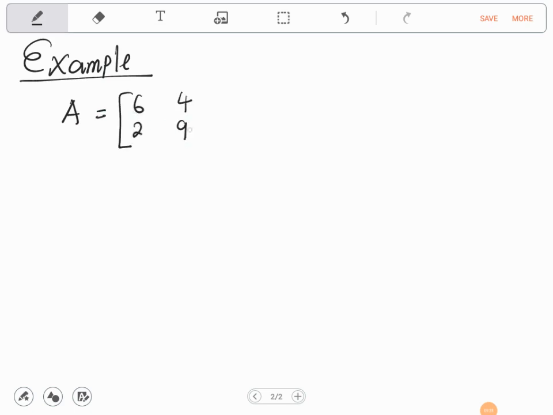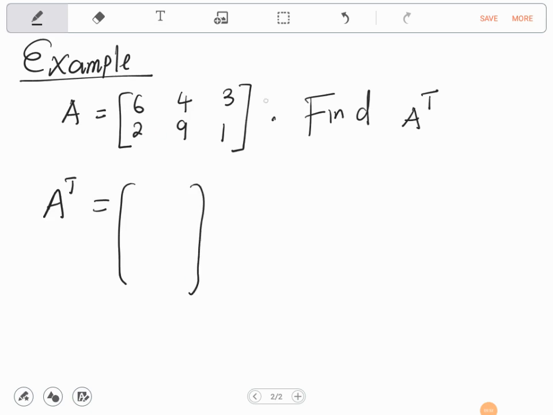Let's look at this example, a practical example. Let's say I have a matrix A, which is given by 6, 2, 4, 9, 3, 1. Then I say find A^T. To transpose means you change the rows. Now, so A^T will just be equal to,